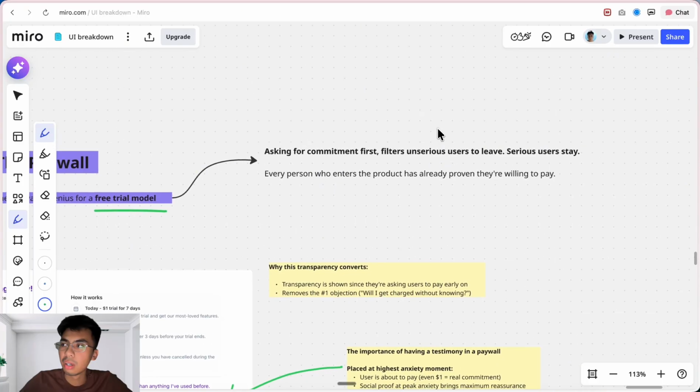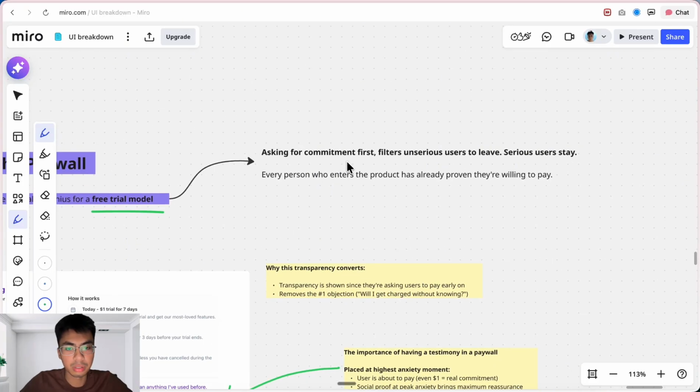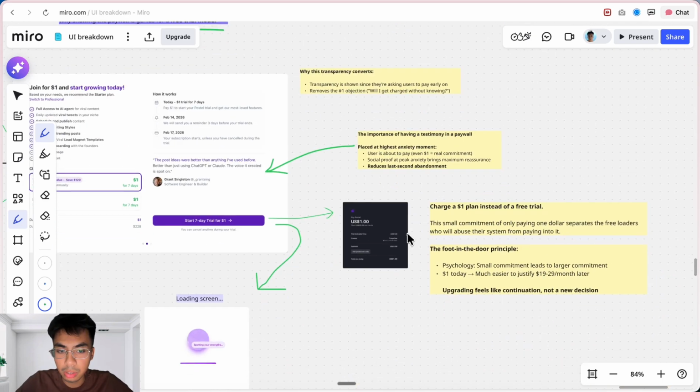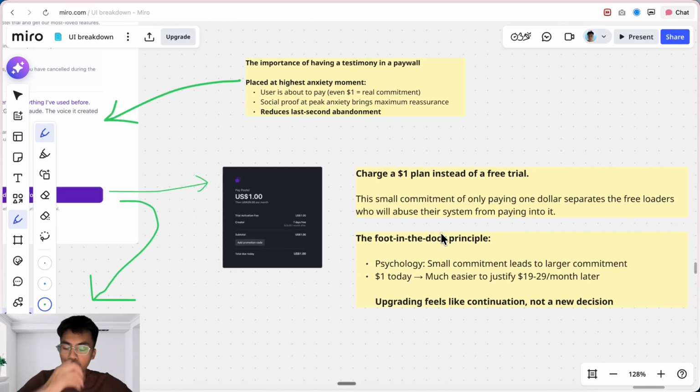And that is, you're asking for commitment first. This filters unserious users to leave, and the serious users will stay. So every person who enters the product proves to themselves that they are willing to pay after the free trial is over. And the next thing I want to talk about is, you will notice that Postal is actually charging